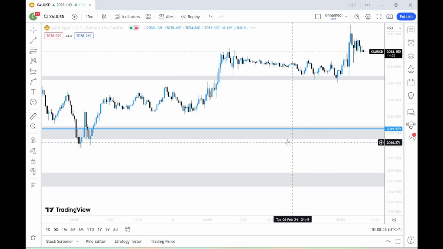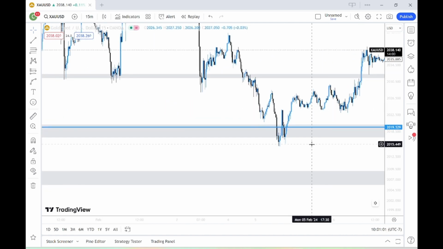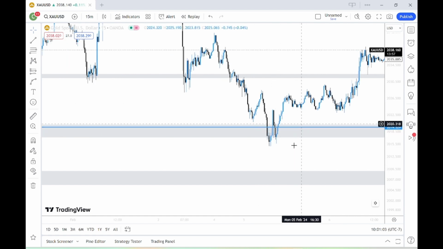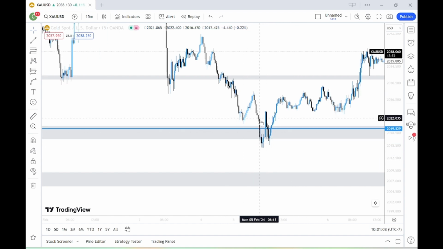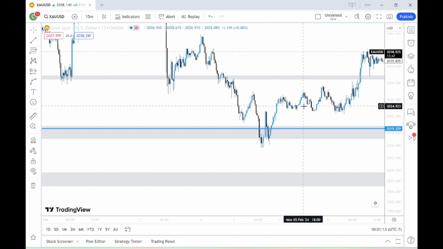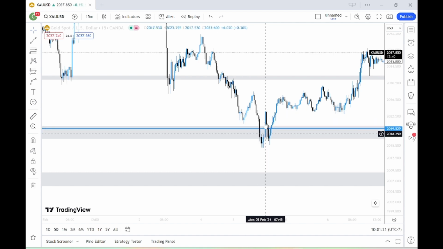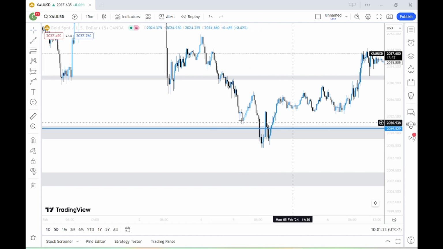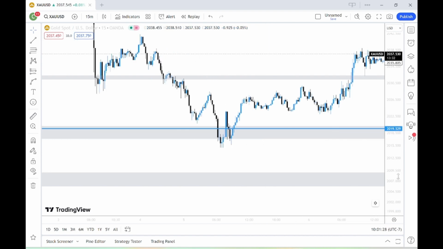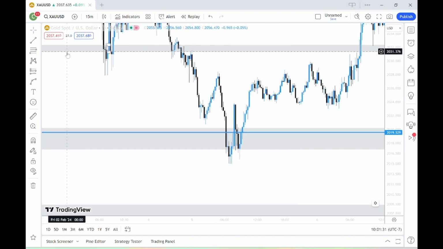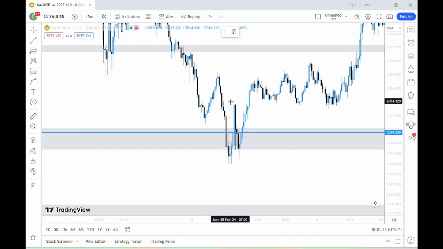Now I'm going to go to a 15-minute chart because that's what I entered on. We see a little sell-off into the zone, and I can get into this bearish price action in a minute. But at the market open, at the beginning of this week, we have a big sell-off, but then a big bullish candle closes back up above this big daily 4-hour support, a big key level. And as we come back down to retest this level,